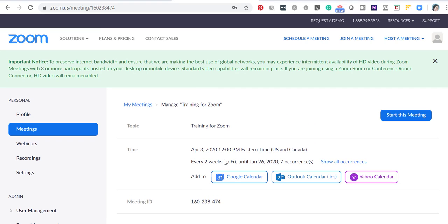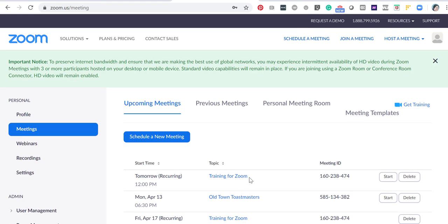The meeting will appear. You'll want to add it to your calendar while you're in here. And if you don't, that's fine. But when you click on My Meetings again, either here in the breadcrumbs or over here in the menu, you should see that meeting scheduled. And the meetings are in order, but you can also do up and down to change the order of that. If you're still in here, you can go ahead and click on Start, and that will launch the meeting, and you can go ahead and start your meeting. So that is scheduling within the